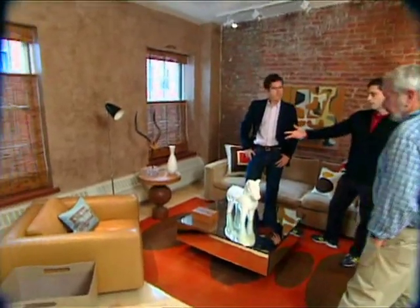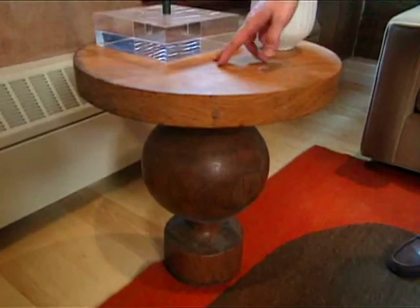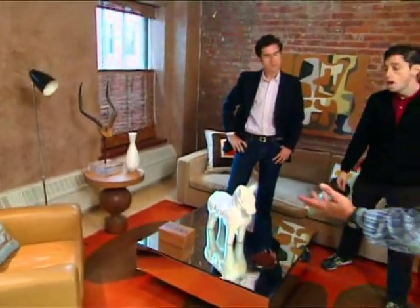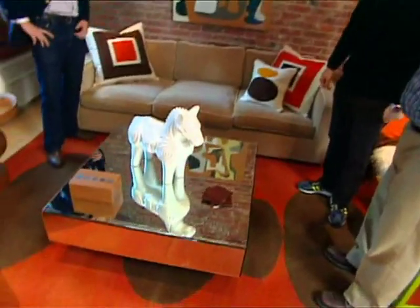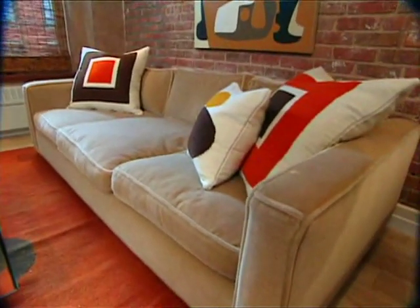We used this sort of camel-colored leather, a camel mohair in our furniture, this rich wooden thingy. Now, are these chairs vintage pieces? No, the chair and the sofa are from my furniture collection, as is the mirrored coffee table. Added into the rich woods and leathery feel is this kind of happy palette as well, because I feel